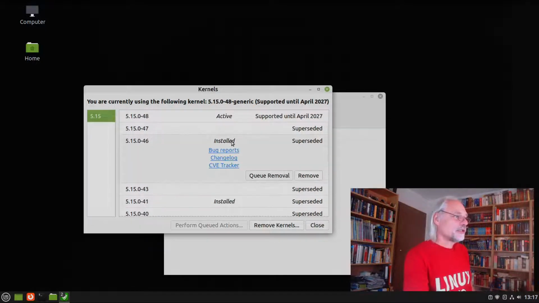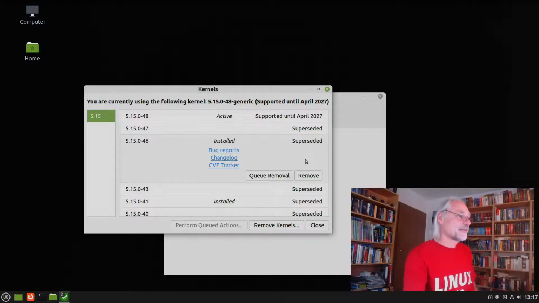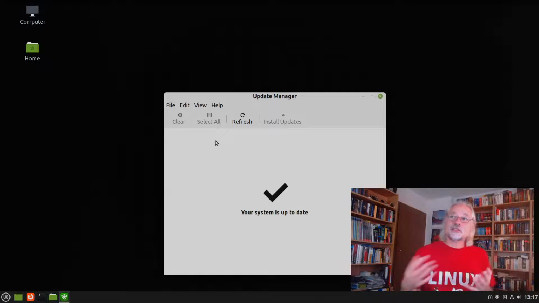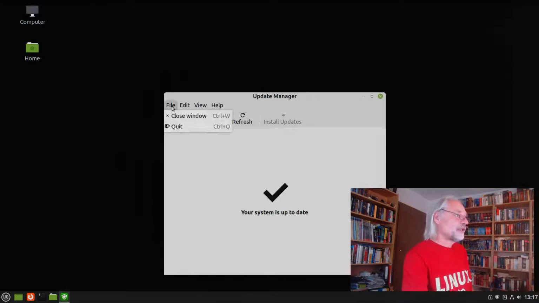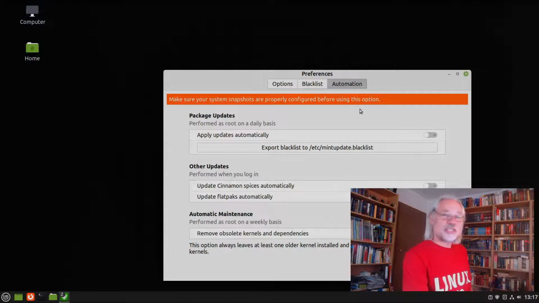For example, if you don't need this kernel, the 46, you can remove it here. But I recommend to leave it as it is. So I want to show you something that is not included here, but it also is connected to the Linux kernel. It's here under Preferences, and you see here Automation,